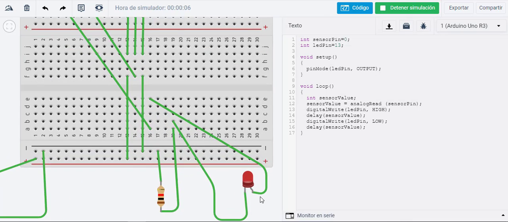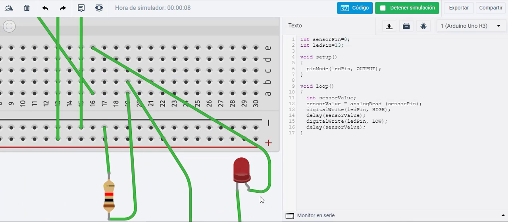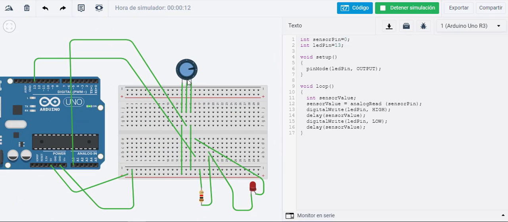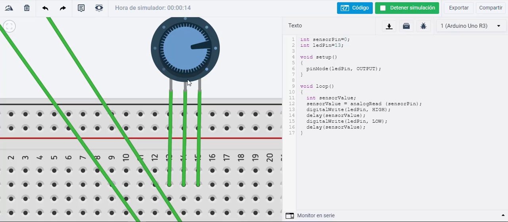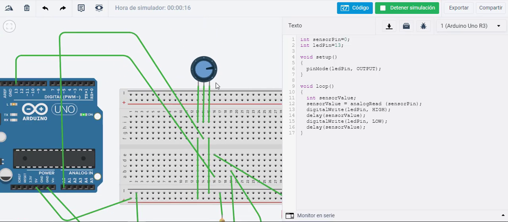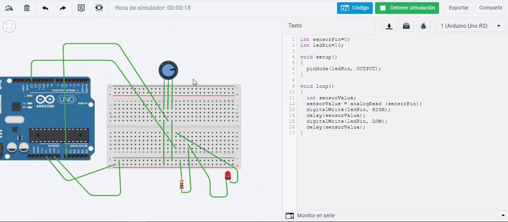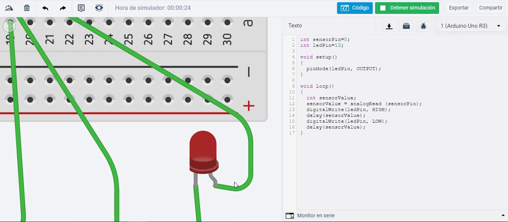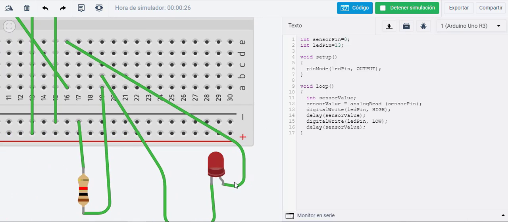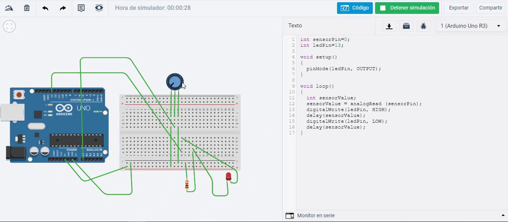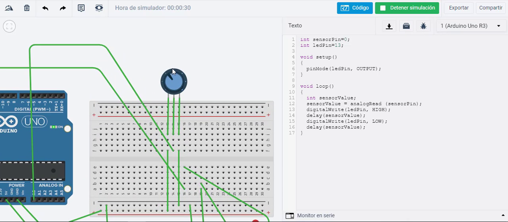Look at this point, the LED is blinking, and check out how it is with the potentiometer. In this case, if we move this one, look, the rate of blinking decreases. So if we go to the other side,